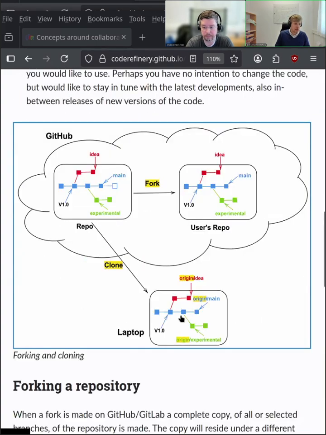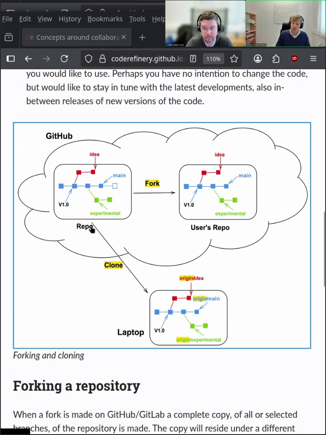A very easy way to do that is by pointing out this figure, which is shown here. What you can see here now is a repository, which is here indicated to be on GitHub. So this cloud here refers to a cloud server somewhere. In this case, it's on GitHub. And this repository contains multiple branches that you can see here indicated in these different colors. So we have the blue main branch, we have a green experimental branch, we have this red ideas branch. Every branch has multiple commits, so each square here refers to a commit, and we also have a tag here in this case, when the version 1.0 came out. And then we can either clone or fork this repository, and you will do both things today during the exercises.